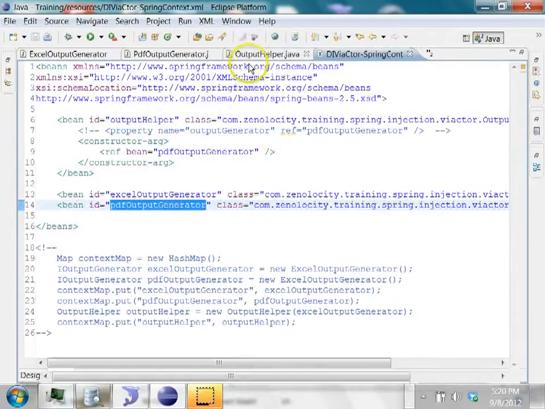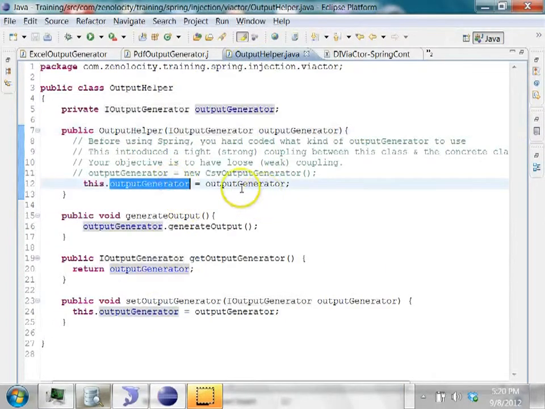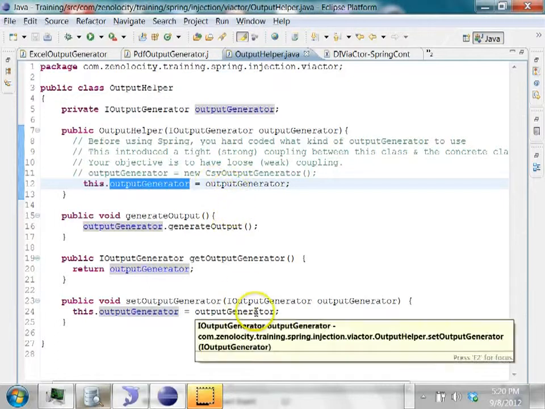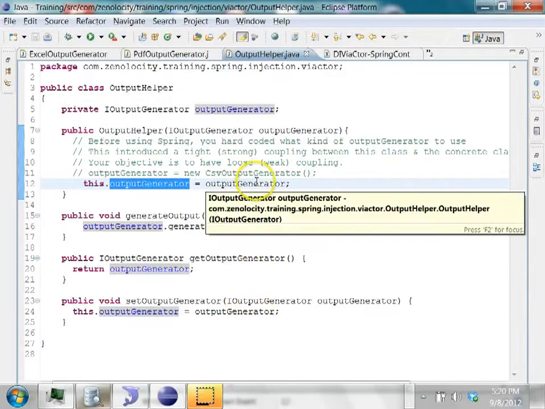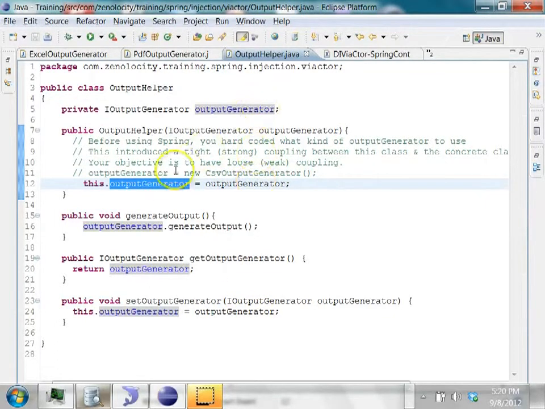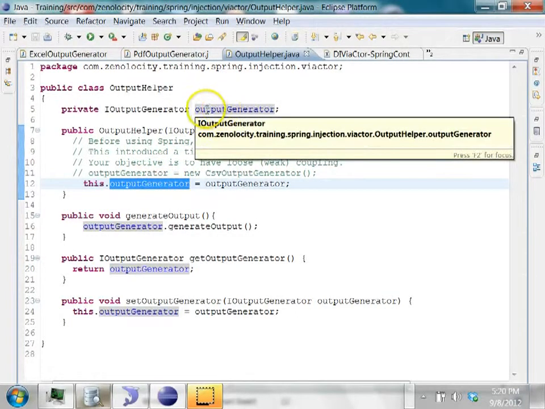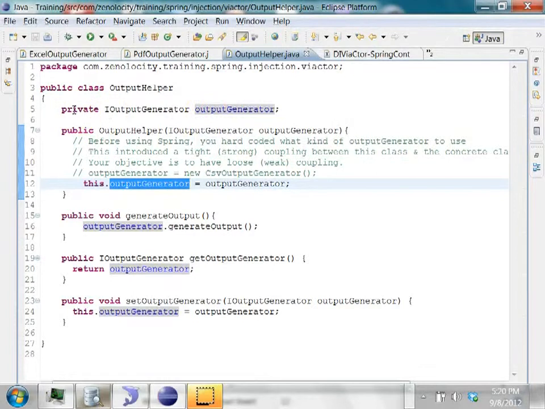So in the constructor of the output helper, this output generator is actually pointing to a PDF output generator. The PDF output generator implements the output generator interface. So there is a relationship between the PDF output generator and the iOutputGenerator. You can assign a class to an interface only if the class implements that interface. Otherwise, you cannot assign it.